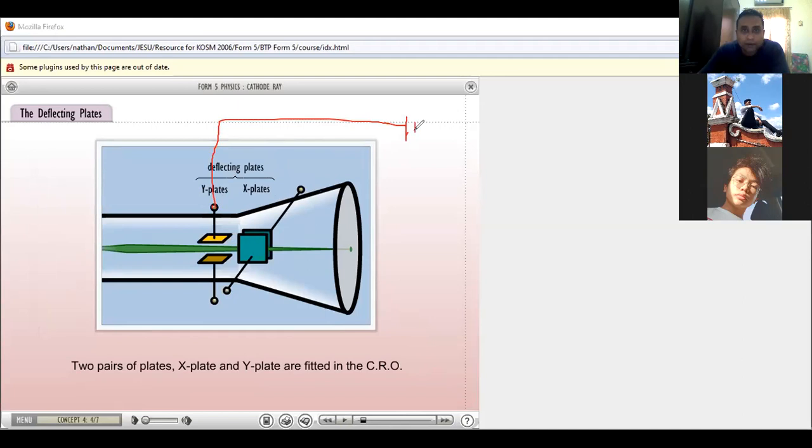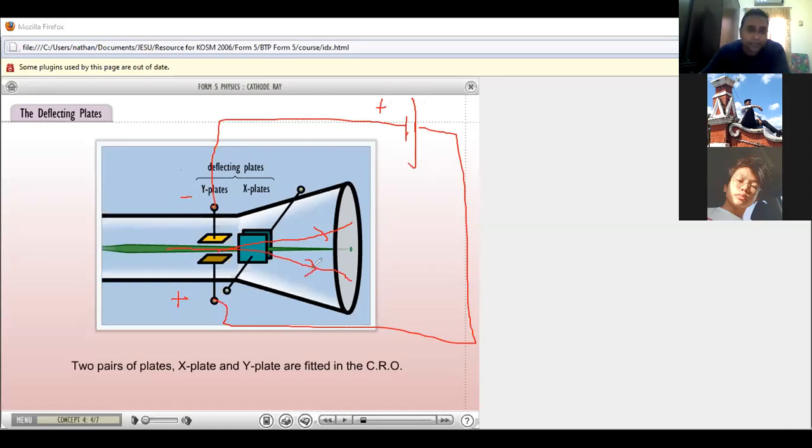Let's say the Y plate, right? Okay, katakan atas tu kamu sambung kepada terminal positif. So here will be positive, here will be negative. So what happened to your cathode ray? Your cathode ray will be deflected upward. Okay, because electron is negative, attracted towards positive. Now, if kamu terbalikkan lah, let's say the down is positive, the top is negative. So what happened? Your cathode ray will be deflected